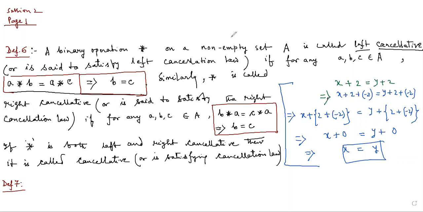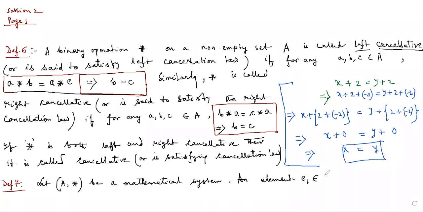So this definition is also very important for group theory. Let A, star be a mathematical system. And now you know what we mean by mathematical system. I've already explained to you. So let A star be a mathematical system. An element E1 belongs to A is called a left identity of A comma star